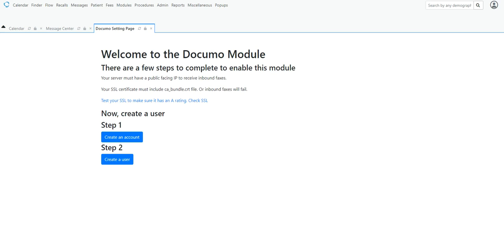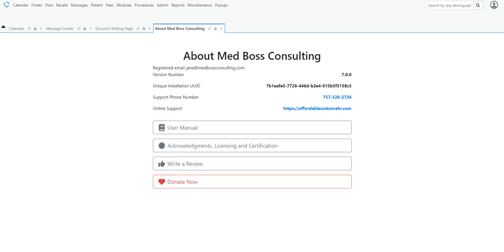Here's an update to the Documo Fax module for version 7 of OpenEMR. Right now we're on a new install of OpenEMR 7, and if I go to here you can see that we're on 7.0.2. You're going to need this right here, the installation ID, in order to bring up the